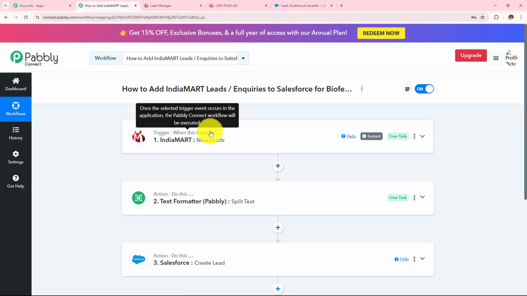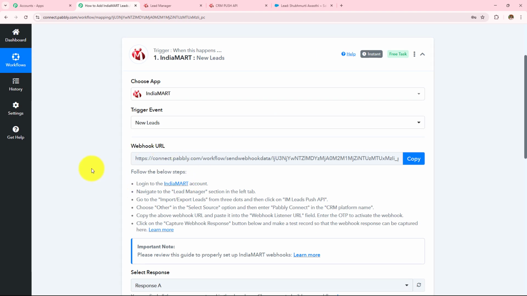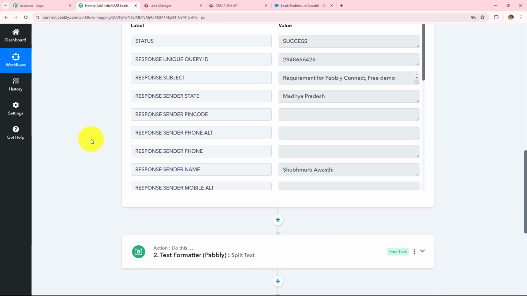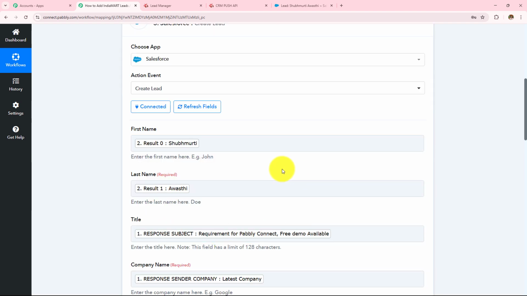Now to summarize, we took IndiaMart as a trigger application where we made a connection with Pabbly Connect with the help of this webhook URL. We sent the query and received that response here in this workflow. Then we moved to the next step where we wanted to create a lead. So we took Salesforce as my action application, made a connection with Pabbly Connect, and entered these details with the help of a method called mapping.